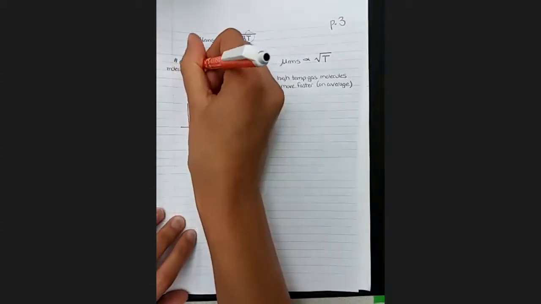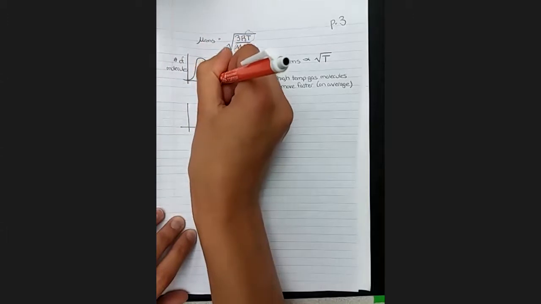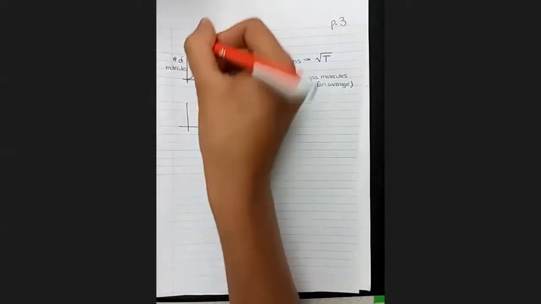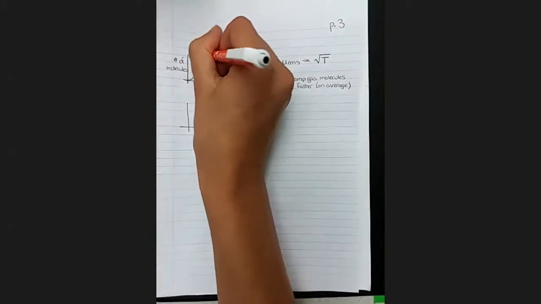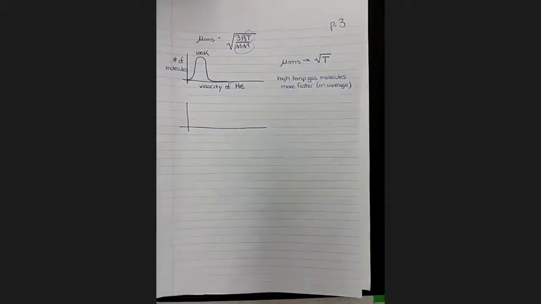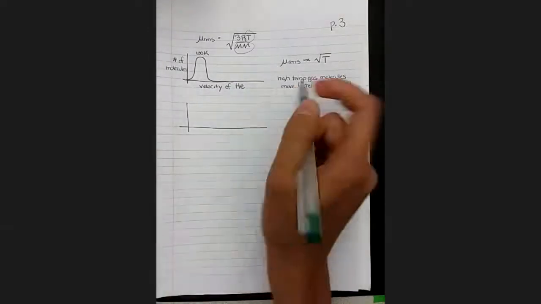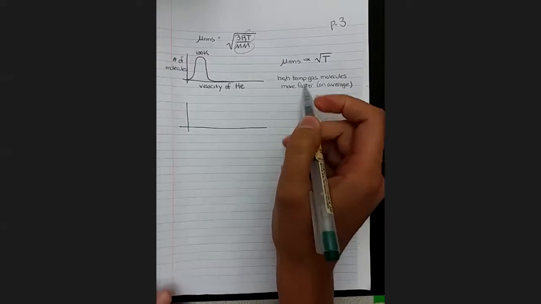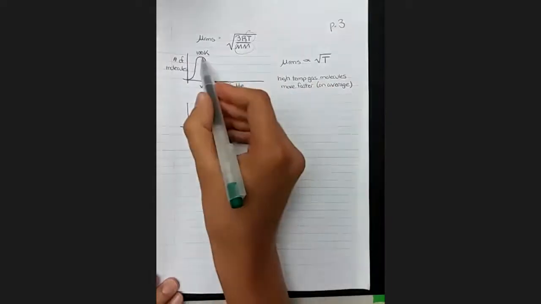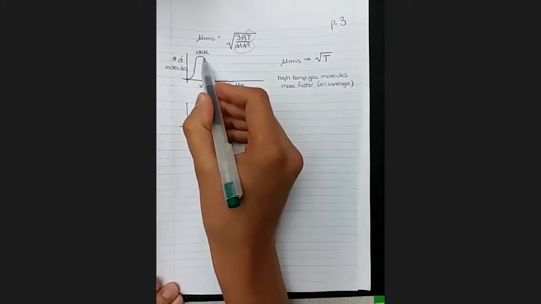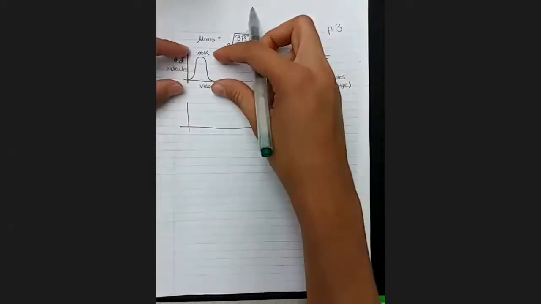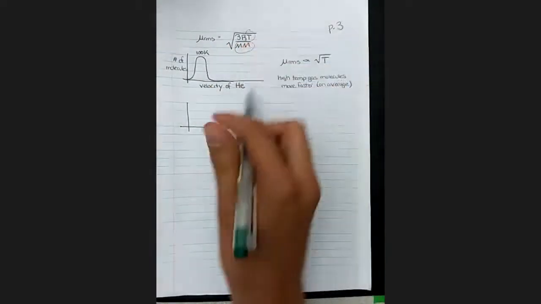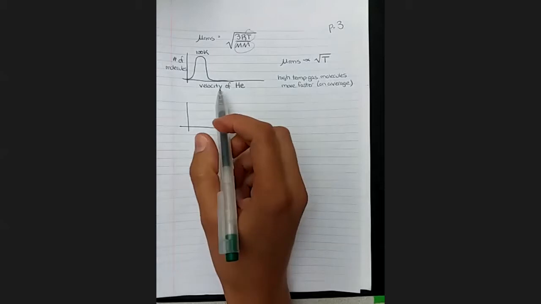So here's our line that we drew on the last page, very tall, very thin, and with a particularly long tail on the right side. Let's say that was measured for helium at 100 Kelvin. Now what would this plot look like if we were to increase the temperature? We know that increasing the temperature should increase the root mean square speed, and that the root mean square speed was slightly to the right of the most probable speed, but we're not simply going to take this graph and shift it over to a higher velocity, because that's not what actually happens.